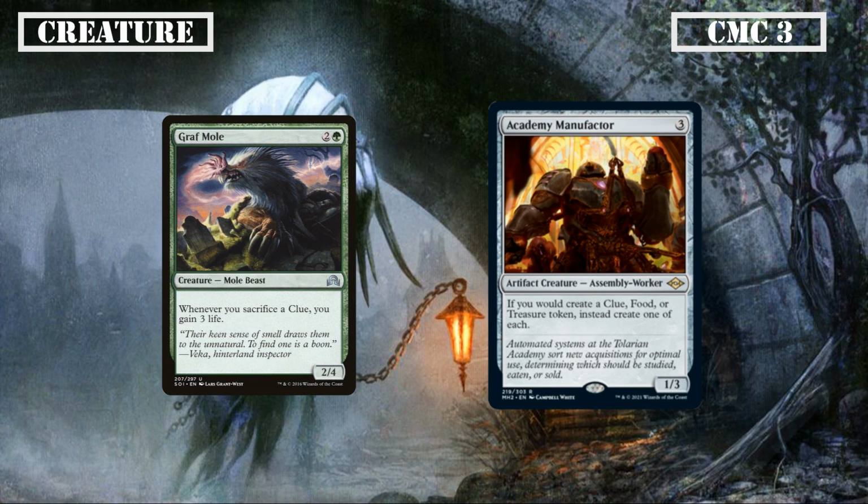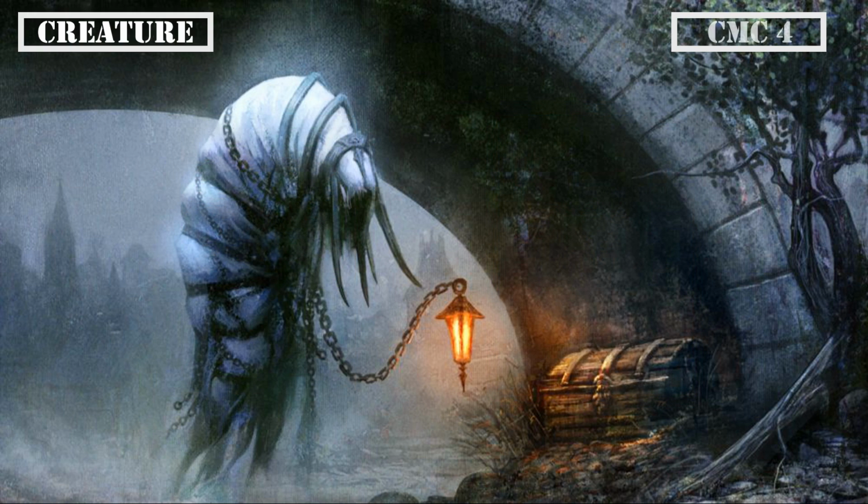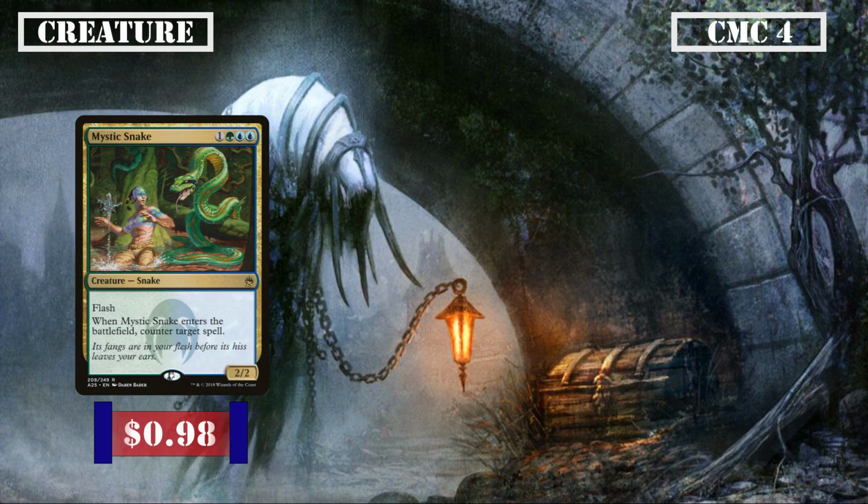Academy Manufactor is a 1/3 that, whenever we create a clue, food, or treasure, has us create one of each instead, tacking on ramp and life gain to our clue generation for an incredible value so long as it sticks around. The CMC 4 slot is up next, starting us off with some flash creatures with Mystic Snake, Frilled Mystic,